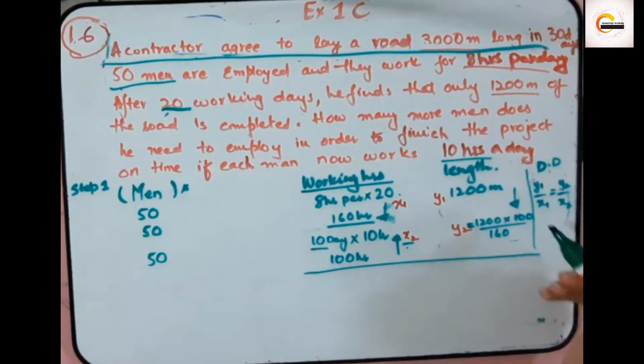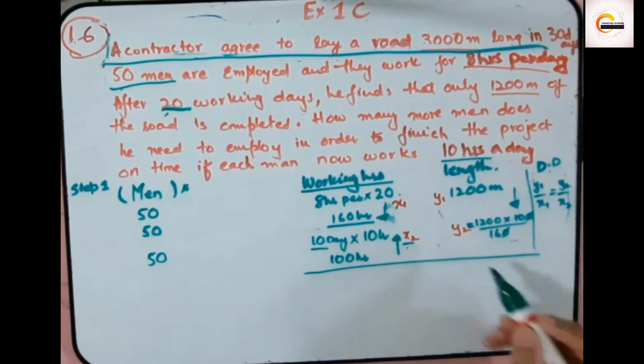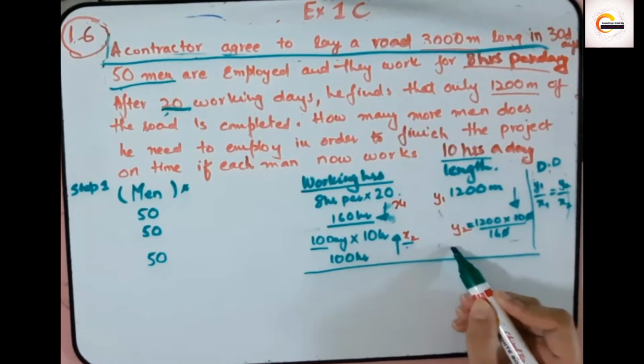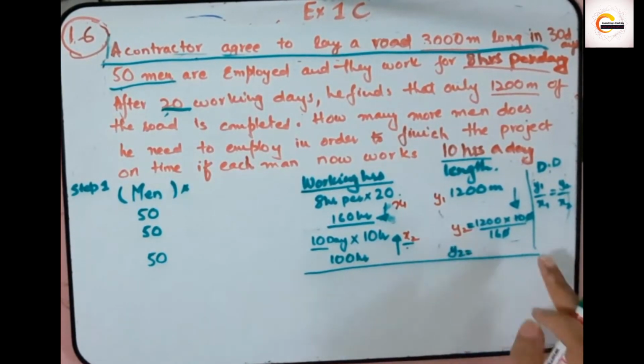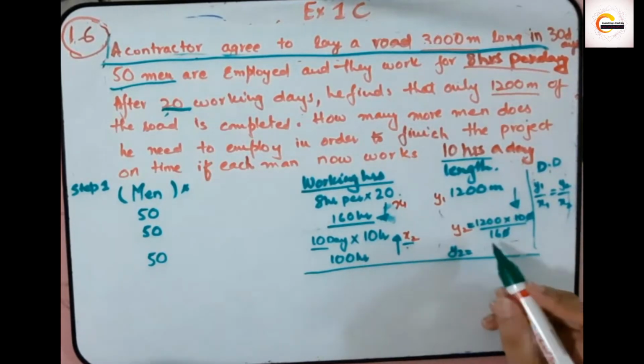What would be the value? 0, 0 cancel, and the value of y2 after all the calculation is